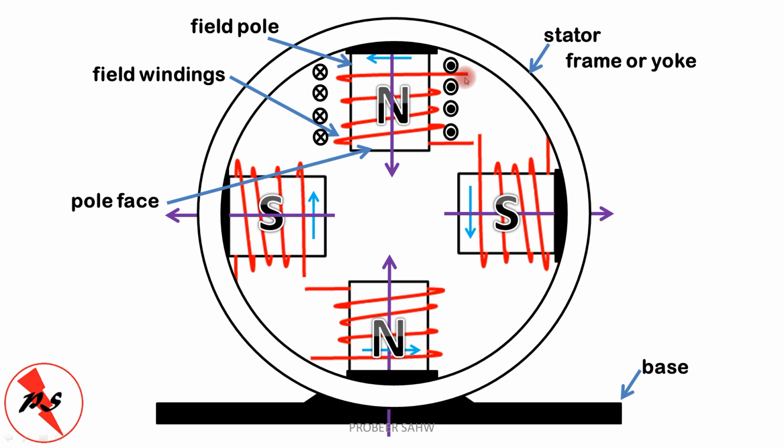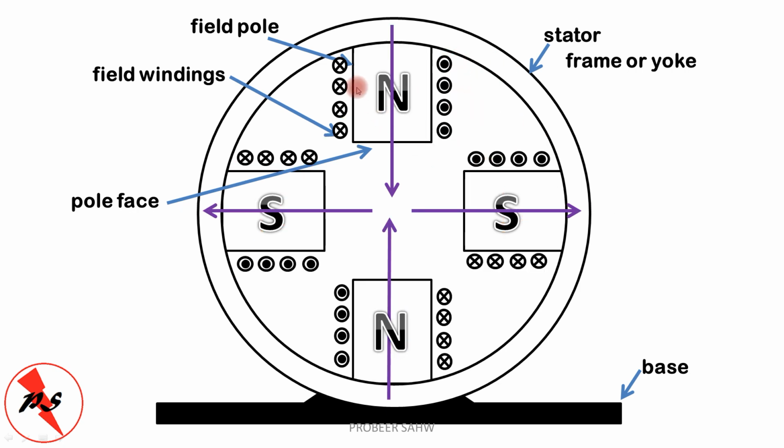So look at this winding, which is wound like this. So it goes like this, then from the back it comes out from here, then it goes like this, then again from the back it comes out from here, and the direction of current is marked by this arrow. So according to that, the current enters into the screen from this point and comes out of the screen from this point. Therefore we represent the windings by these symbols. This represents current is coming out of the screen, and this represents current is going into the screen.